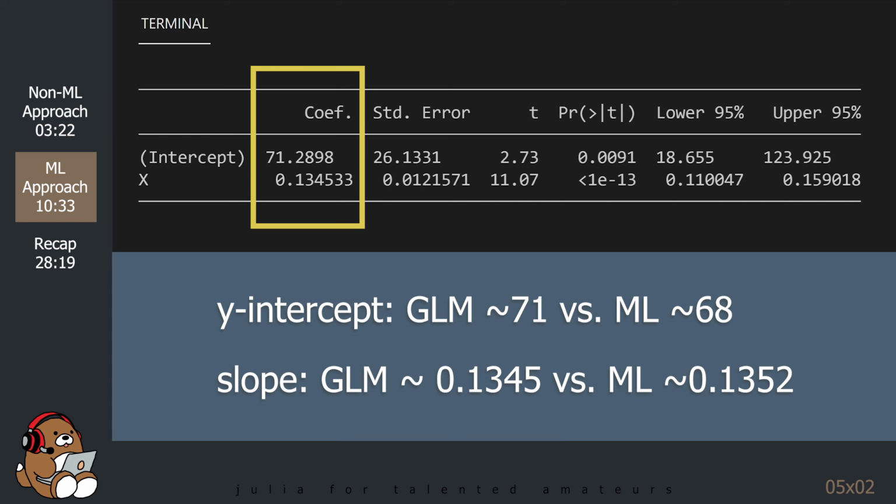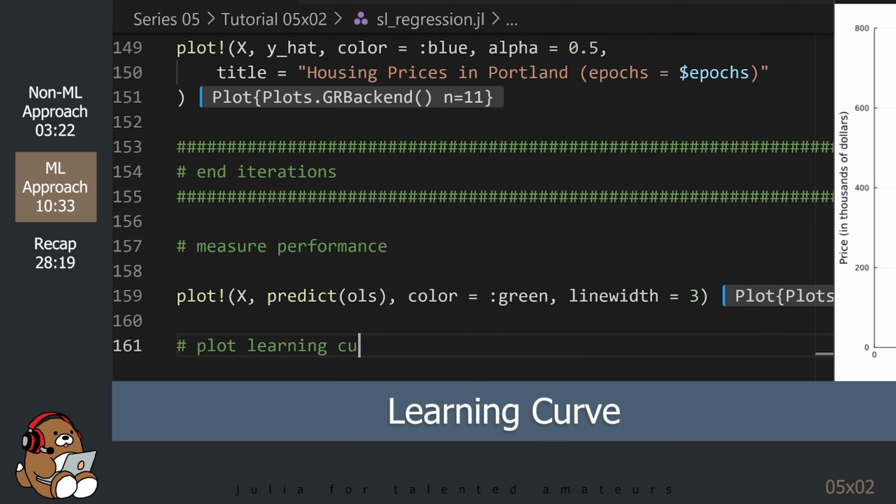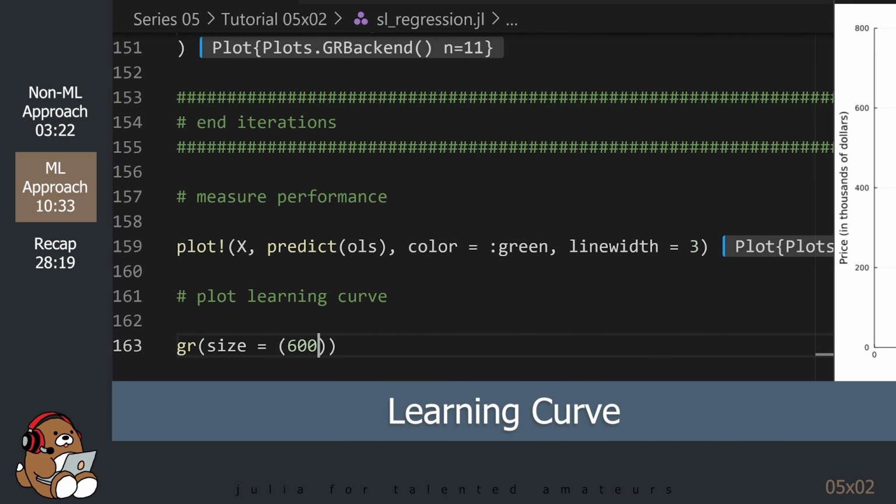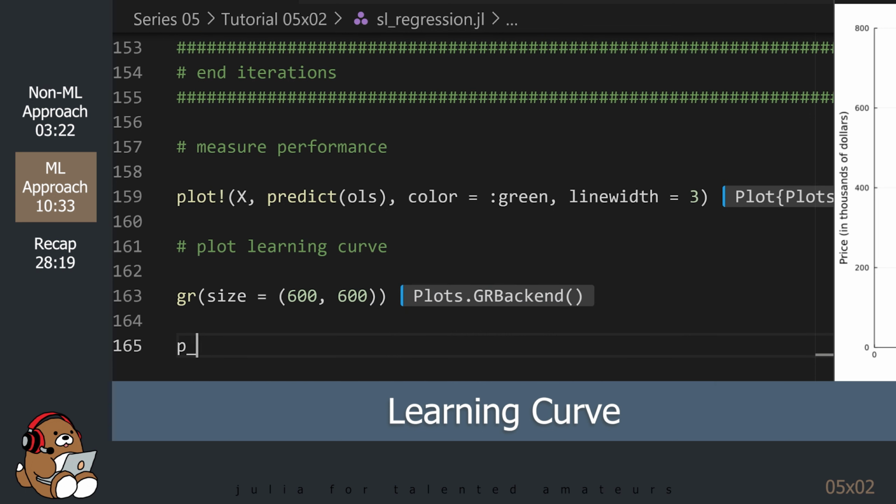GLM calculated a y-intercept of around 71 and a slope of around 0.13. So overall, our machine learning algorithm got pretty close, which is amazing since it figured out those values on its own. Wow! Let's take a look at a so-called learning curve to see the progress over time.